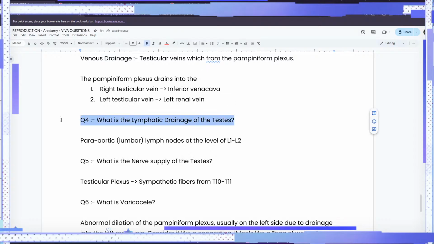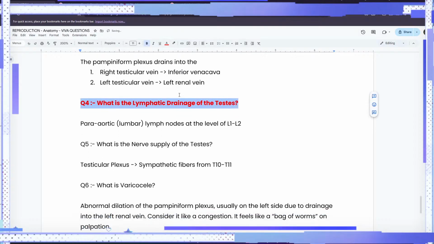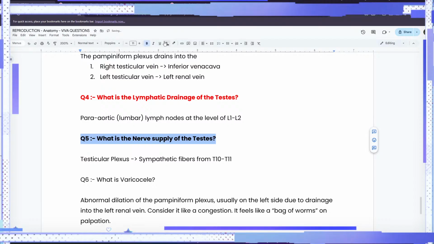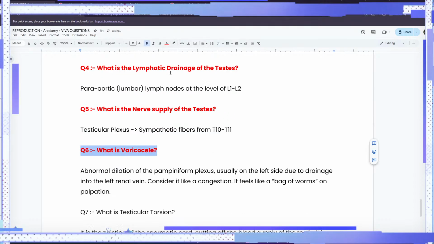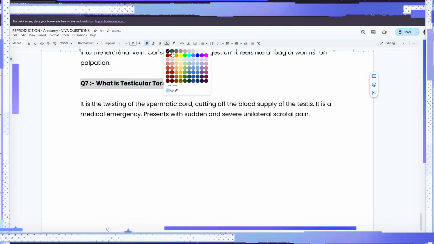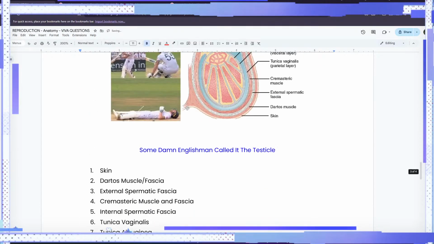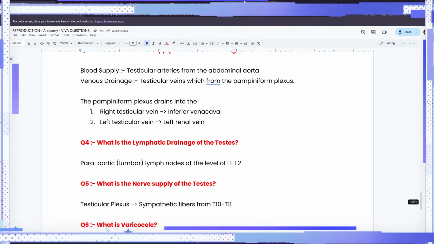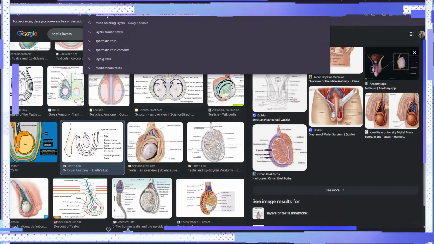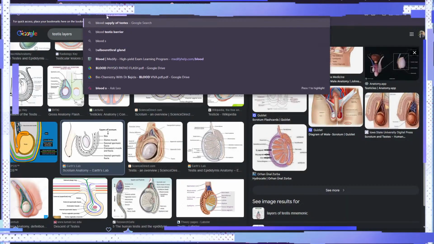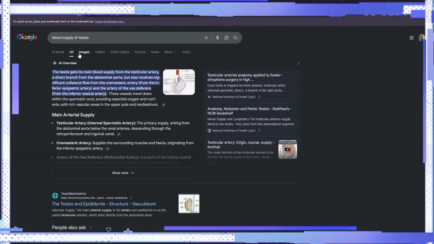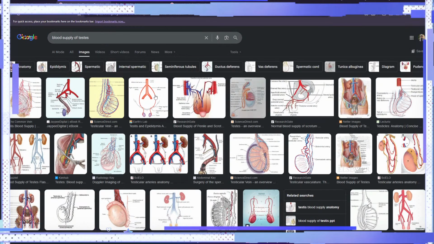Make this red, make this red, make this red, and of course make this red. Okay, let's see. Blood supply of testis. Awesome. Let's just add whatever nice picture